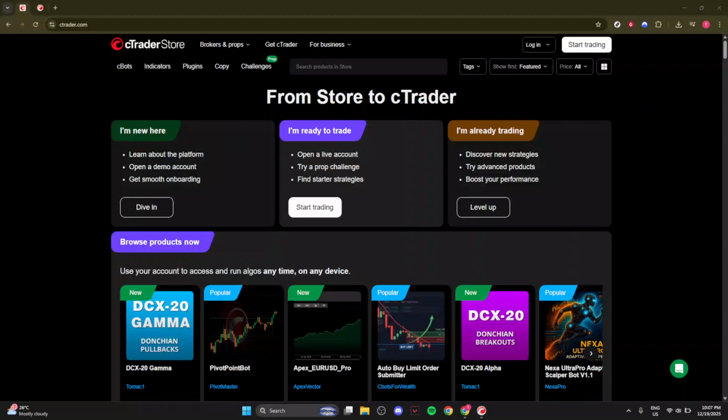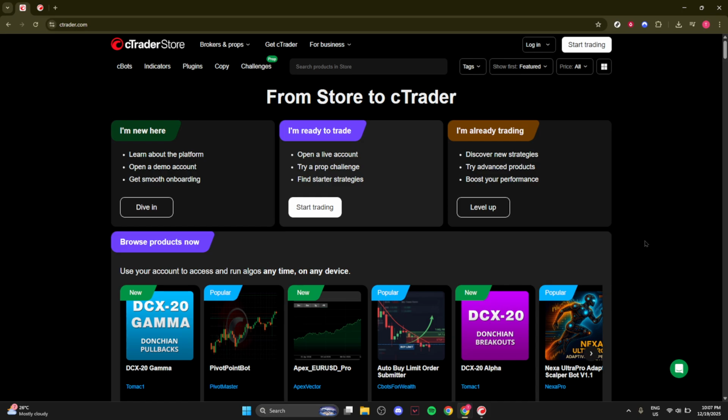In today's video, I'm going to teach you how to change the cTrader background. This is a quick customization that can make your charts easier to read and more comfortable for long sessions, whether you prefer a clean light look or a high contrast dark theme. I'll walk you through the process clearly, so you can follow along on either the desktop or web version of